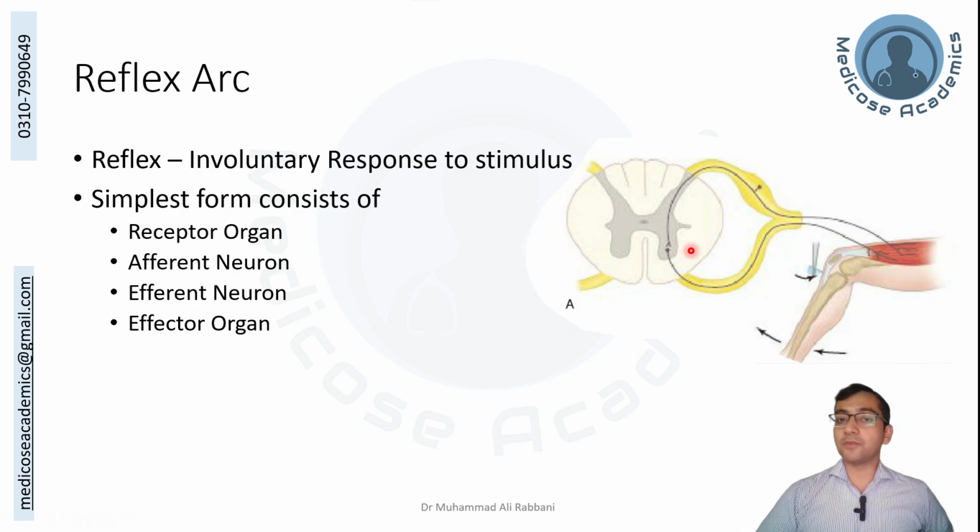So what happens when you strike the tendon of quadriceps femoris with a hammer? The muscle stretches momentarily, the muscle spindle detects it and fires, the signal is carried through afferent fibers, goes through the dorsal root, dorsal horn, and synapses with the alpha motor neuron. The signal travels through the alpha motor neuron until it reaches the extrafusal fiber, and that leads to the contraction of the muscle. That is why when you strike a hammer to the patellar tendon, the muscle contracts and